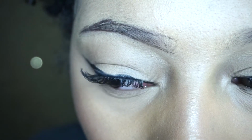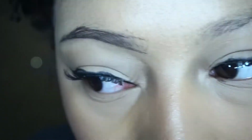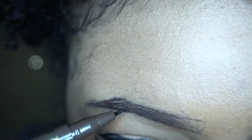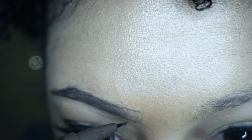Just like I made a line on the bottom of my brow to give my brow some structure, I'm also doing the top of my brow because I have hairs in the middle, but obviously the outline of my brow is pretty sparse and all over the place, and this is because I haven't had them done in a really long time. I'm trying to grow them out as much as possible, so you may see a little hairs up under my brow bone line and things like that. I just try and cover those as much as I can with concealer,